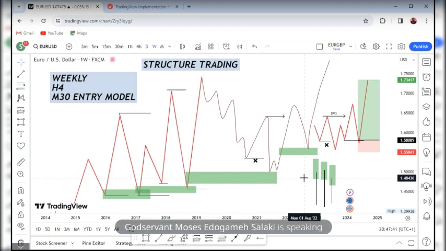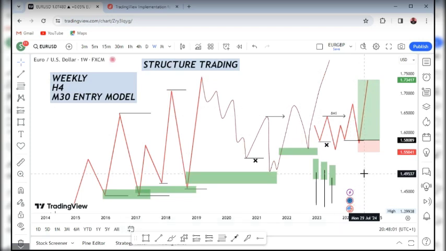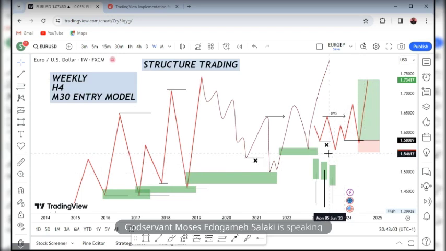So if you want to take screenshots, you can go ahead, but this remains the model that we trade in line with structure. So if price is bullish, you want to see that the retracement gives you this kind of model. It takes time for it to form. Yes, it takes time, but you have to wait for this model to play out before you engage.